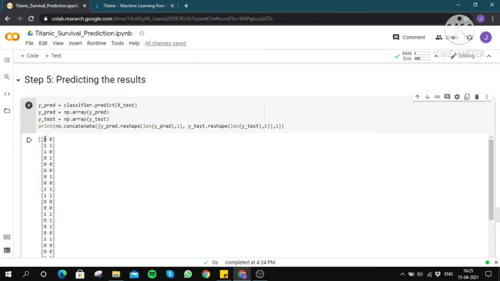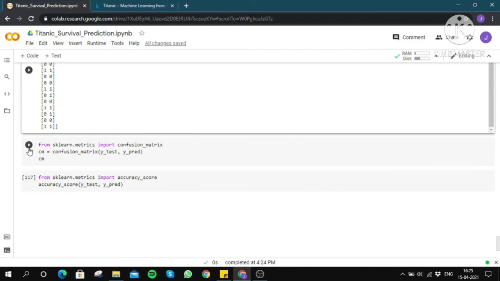As you can see, the left column shows the predicted results and the right column shows the testing results, which are the actual values of whether the person has survived or not. And as you can see, the classifier has performed its task very well.